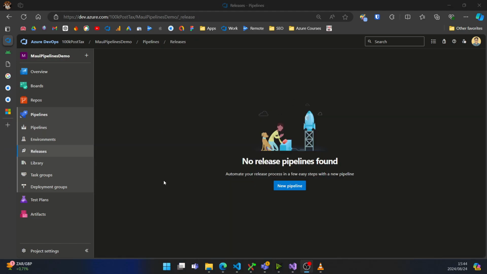Great, so now that we've built our app successfully with the build version set in our library, I want to show you how you can auto-increment your version code, and I'll also auto-increment the patch version as well, just to show you how you can do that by setting up a release pipeline,